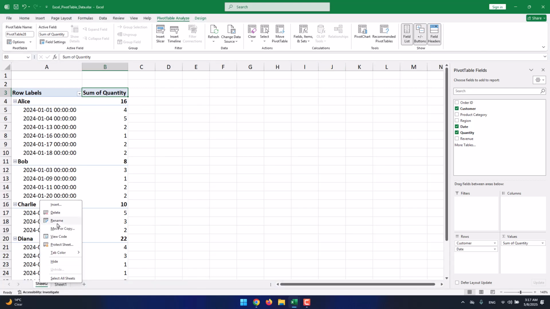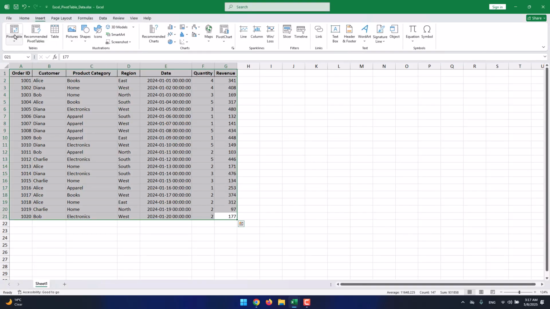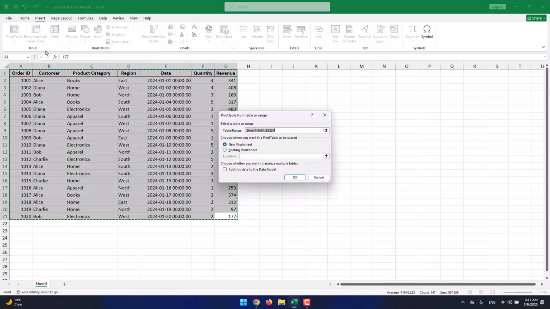So let me delete it and create mine by selecting this data, coming to Insert, and clicking this pivot table from table/range. First it asks what your range is. If you select your table, it will automatically provide the range. But if you want to get familiar with the addressing system we have over here, as you see, first we have the name of the sheet. Then we have this